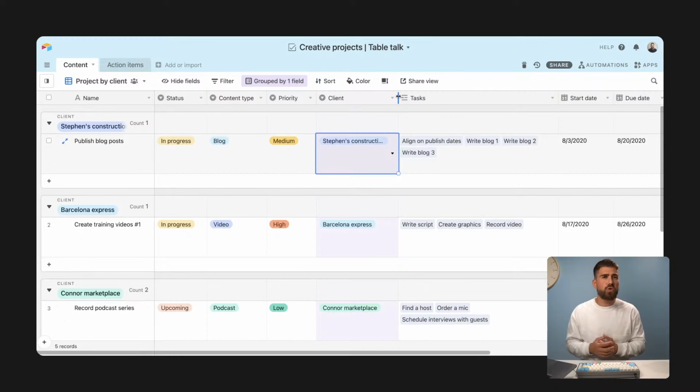But once we've done a few projects or we're creating a more complex workflow, we want to have a table that has all of the information around each one of those clients, but we don't want to lose that relationship to say that published blog post is for Stevens Construction Company. So what we can do is actually turn this single select